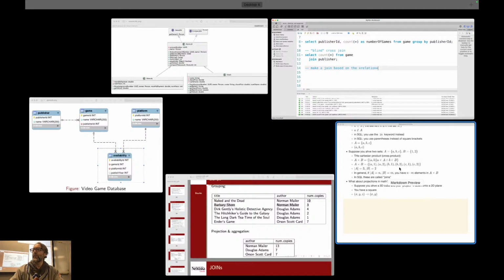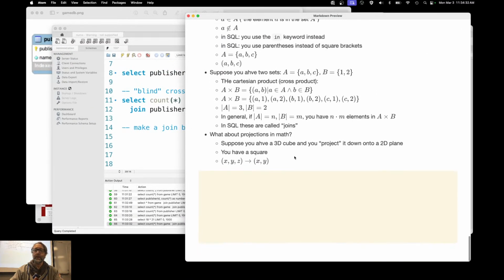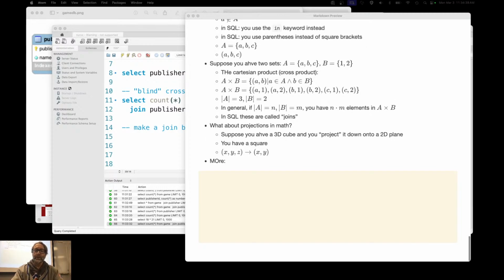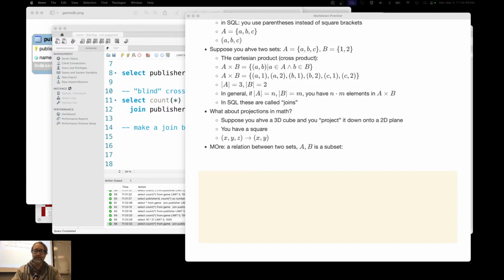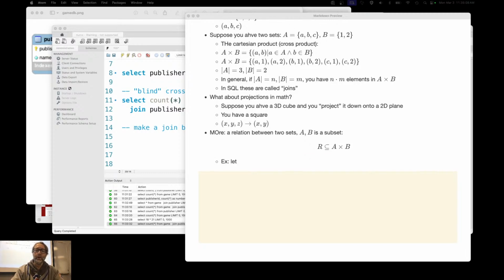Now let's go back to math over here. Did we do relations yet? No, we did not. All right, so let's do that. So a relation between 2 sets, A and B, is a subset. And I'll go into full math mode here: R ⊆ A × B, right? We've seen that before. R is the relation. Where you've got the full join, the full Cartesian product here, and then you're taking a relation on that. So for example, let R be a relation on